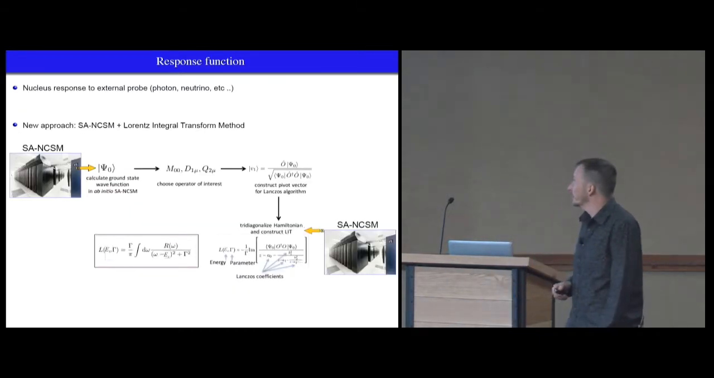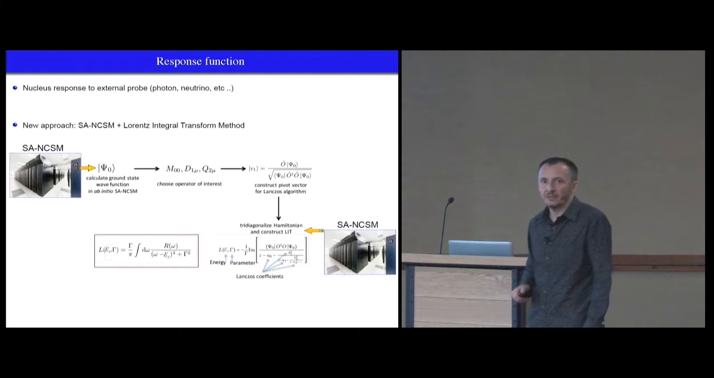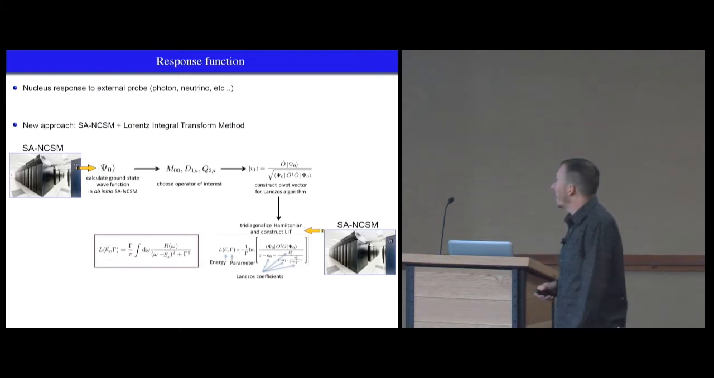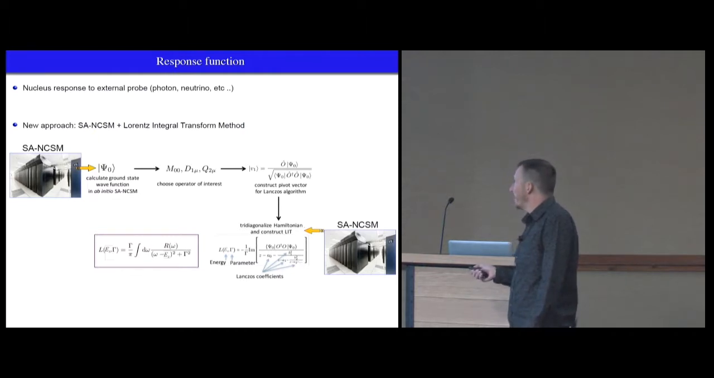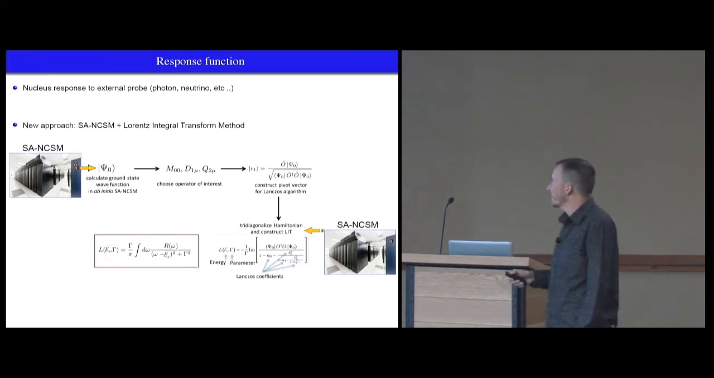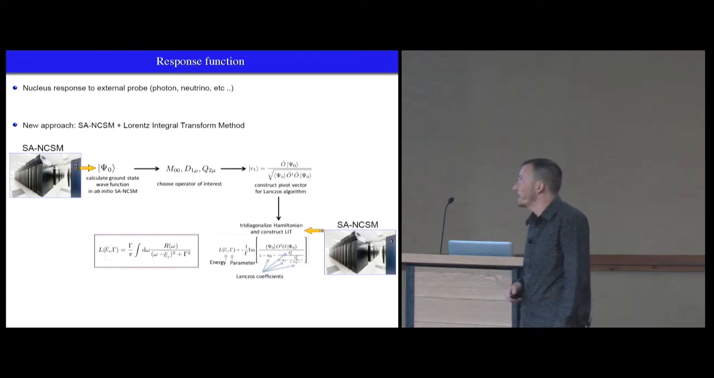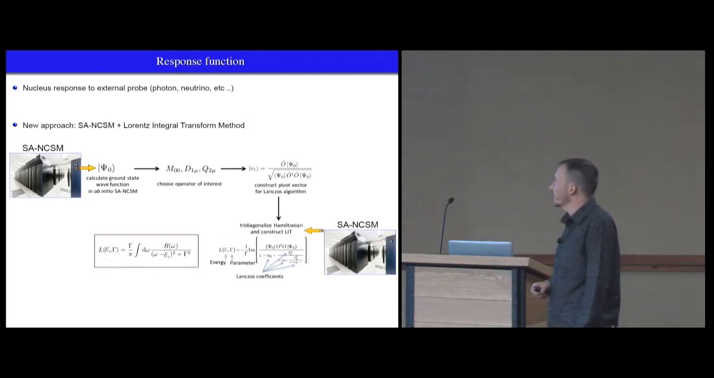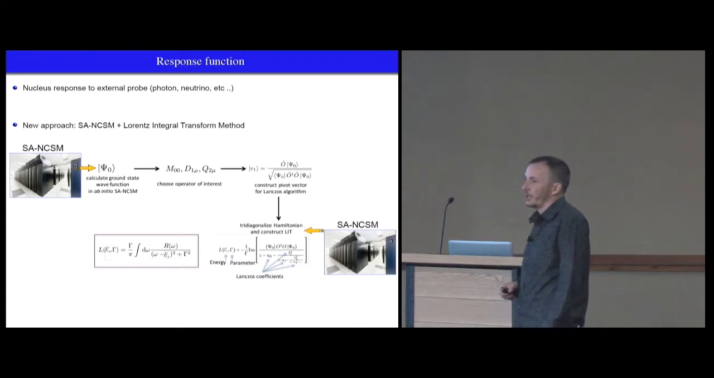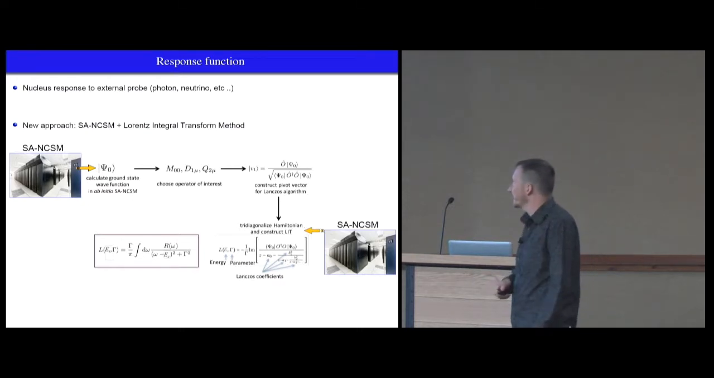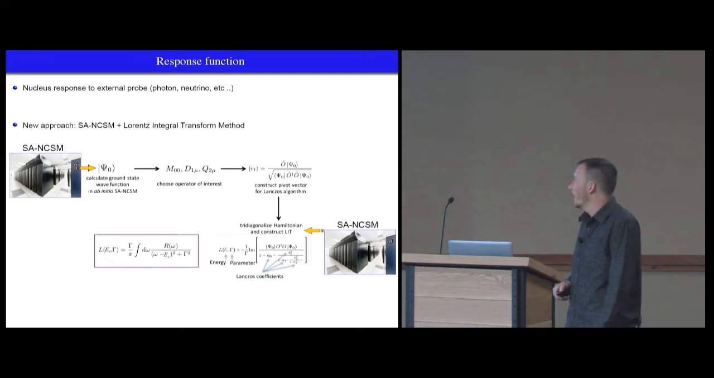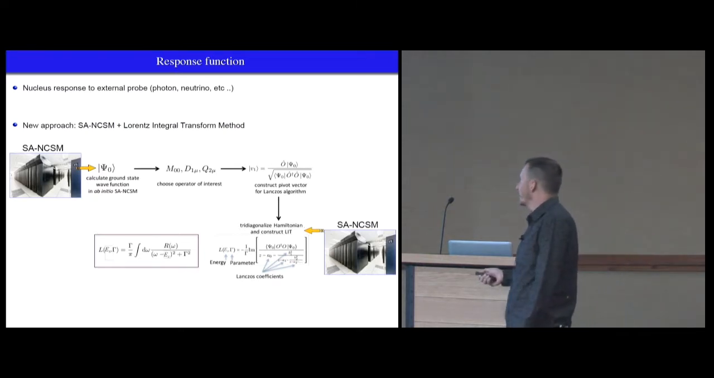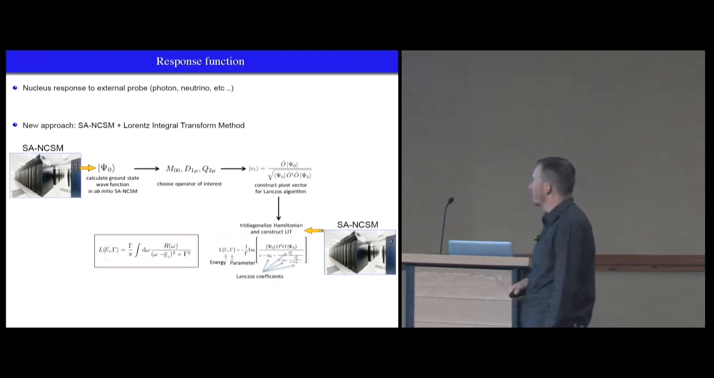Another student of ours, Robert Baker, who is actually going to defend his thesis next week, implemented a method that's called Lorentz integral transform method and coupled with our approach. And he's computing nuclear response functions, which are actually something that shows the response to external probe, such as photon, electron, or neutrino. He basically takes the wave function from the Blue Waters, then chooses the operator of interest that